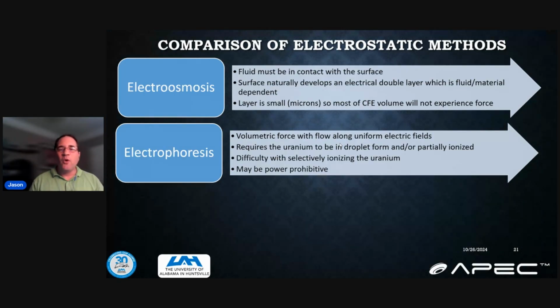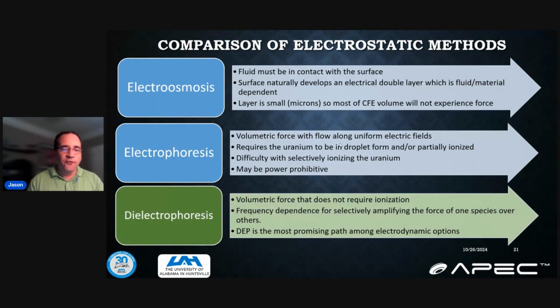But whatever you're trying to pull, generalize that statement to: it requires whatever is in the air or the gas in that environment to be partially ionized. We don't really want to actively ionize humans just to create a force on them. I'm not sure that would be very healthy, and it also might be power prohibitive. So finally,